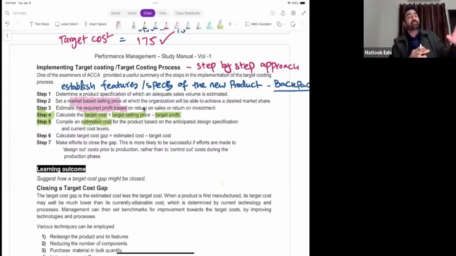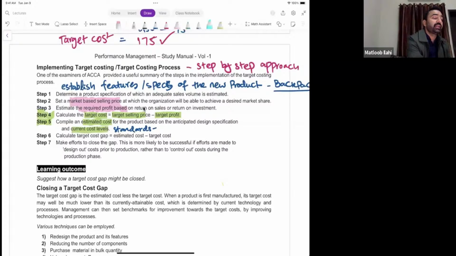Keep in mind that target cost and estimated cost are two different things. Target cost you are calculating by deducting target profit out of your target selling price. Whereas estimated cost is the one that you will calculate on the basis of your current cost standards. Once you have calculated the estimated cost and target cost in step number 4 and 5, now you need